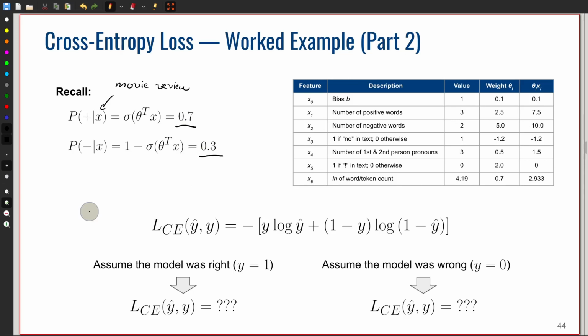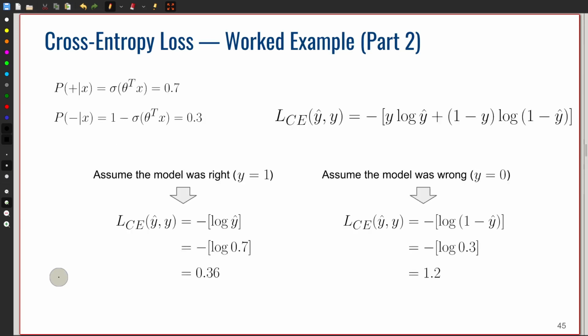And now we can calculate the cross-entropy loss by simply plugging in numbers. And here we can make two assumptions. Let's assume our model was right. So in this case, indeed, the true value was 1, meaning positive, or the true value is 0, meaning negative. And apart from this, we just plug in the numbers. And plugging in numbers means that we get a loss for being correct as 0.36 and a loss of 0.1